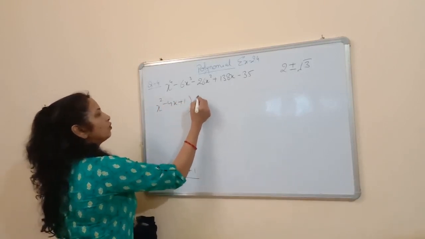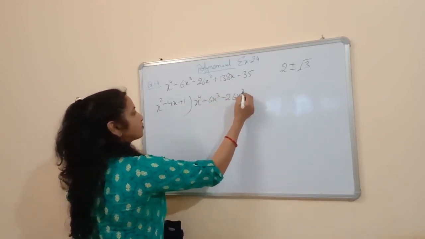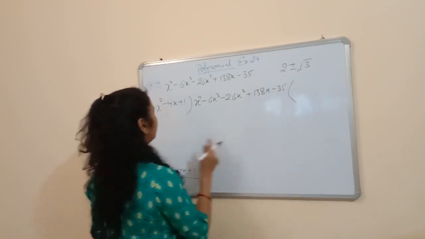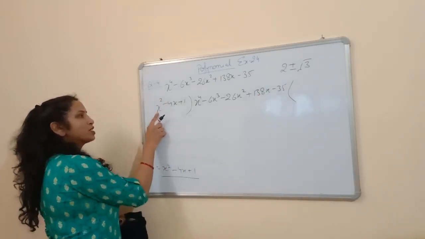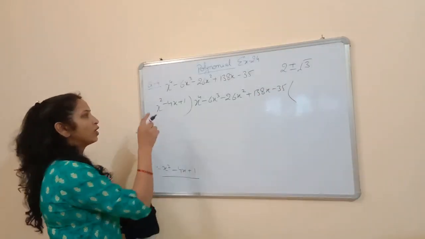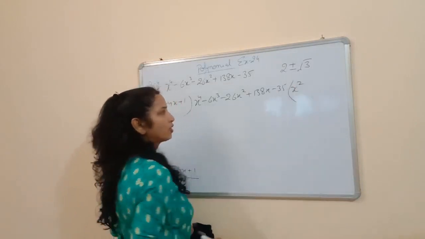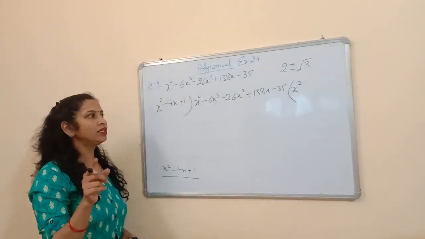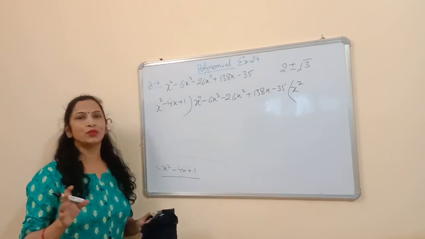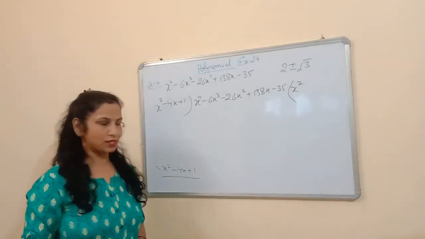Now we are going to divide this polynomial by this factor. First, by which term should we multiply x square to get x raised to the power 4? By x square. Simply x square into x square will be x raised to the power 4. So we are writing here x square. Now, you have done division in exercise 2.3, questions number 1 and 2. So I think you know about division. If you have any problem in division, you can ask in your Zoom classes.